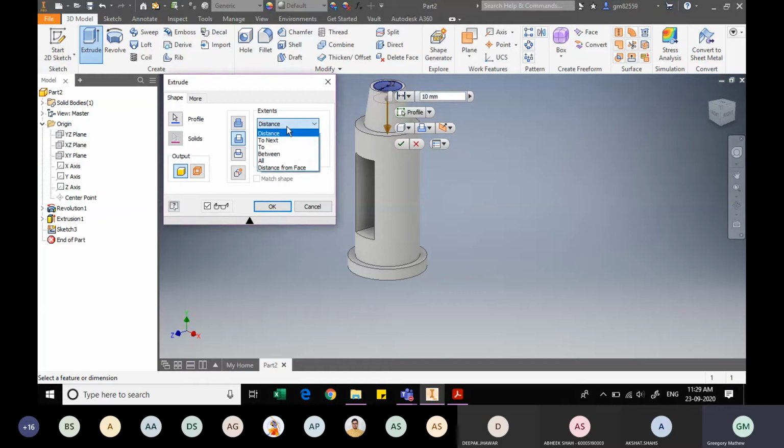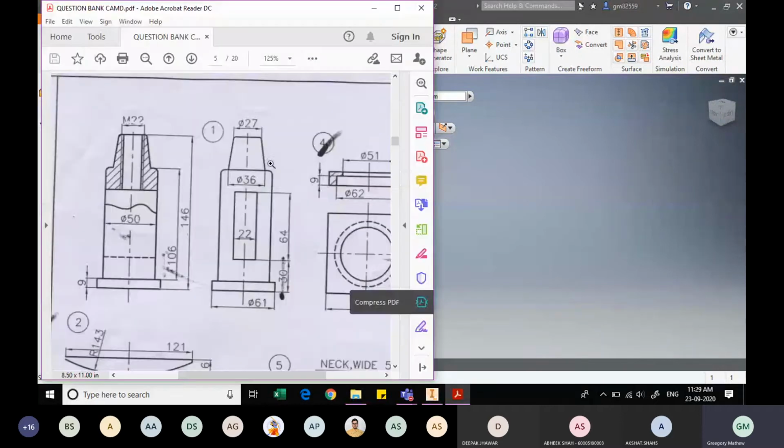That is, we can specify the distance, or we can specify the next face. If you are going to specify the distance, then how much should the distance be? You can calculate that, right? We know the total height of the material from the top face to the bottom is 146, and the height of the top face of the rectangular slot from the bottom will be 30 plus 64, which is 94.